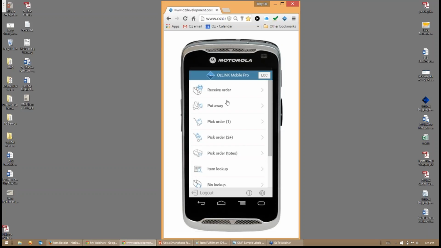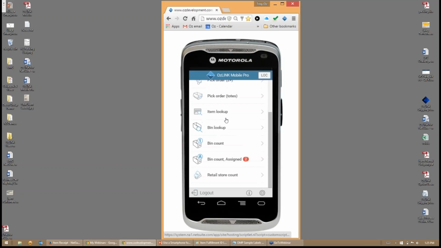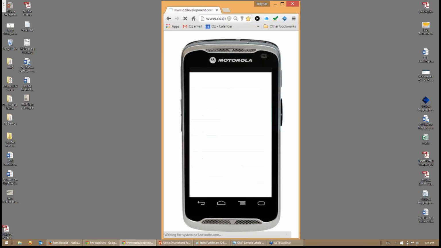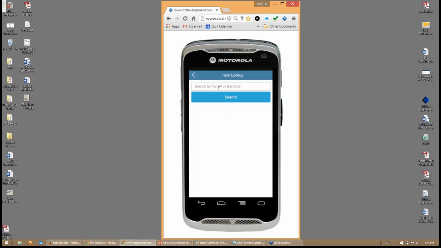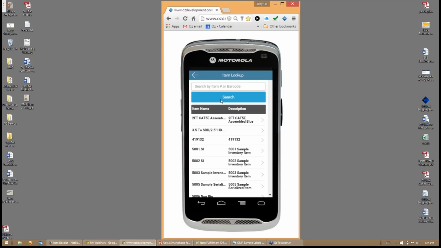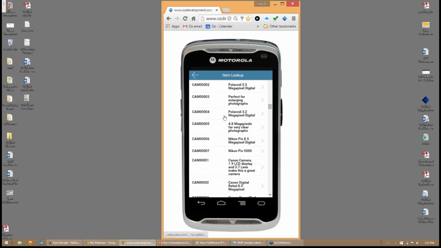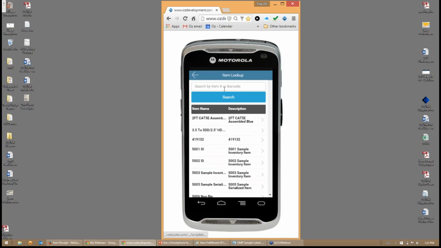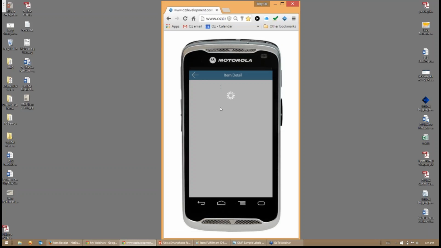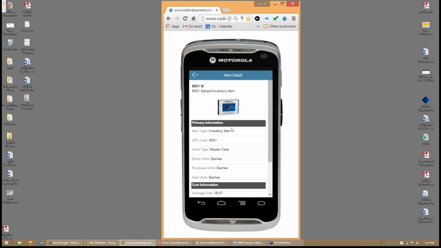So just a few quick inventory control type of features, and then we'll take a look at fulfillment. Item lookup and bin lookup are similar concepts. On the item side, we have the ability to search by item number or barcode. We can also do a general search and pull up all of our inventory. We can really look for specific items, certain categories of items, items that have specific keywords in their descriptions or